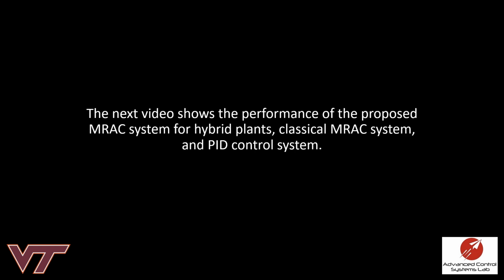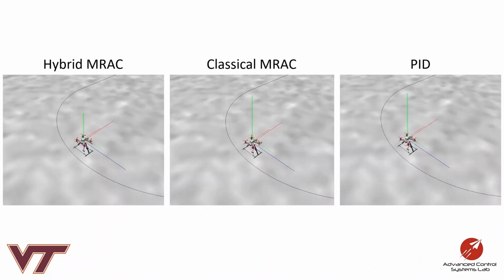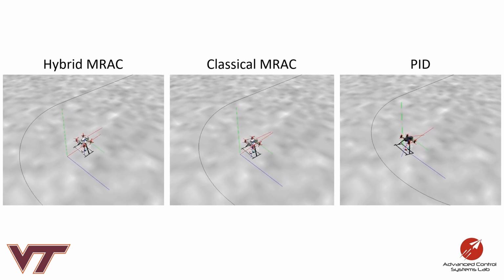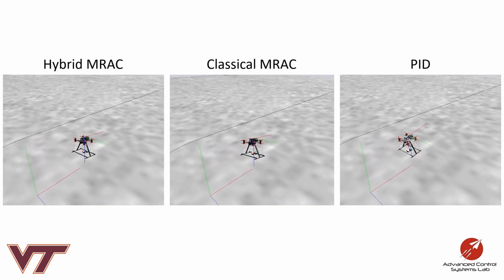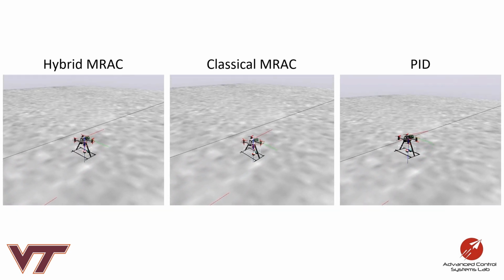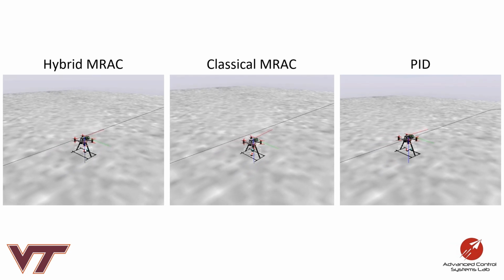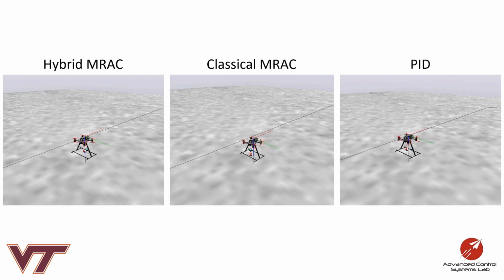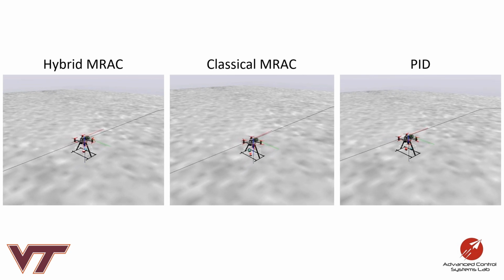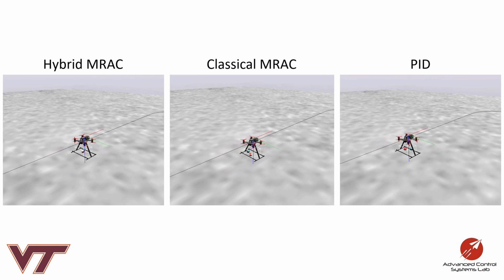The next video shows the performance of the hybrid MRAC system, the classical MRAC system, and a PID control system, all put side by side. So here is the mission scenario. In the left window we have hybrid MRAC, in the central window we have classical MRAC, and in the right window we have PID. We see that hybrid MRAC is the fastest to converge to the user-defined trajectory, and after